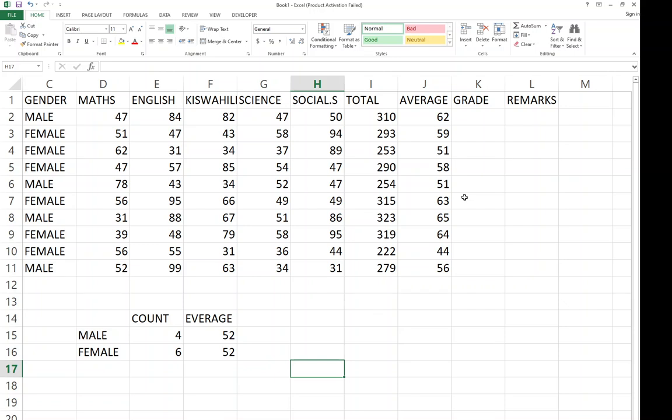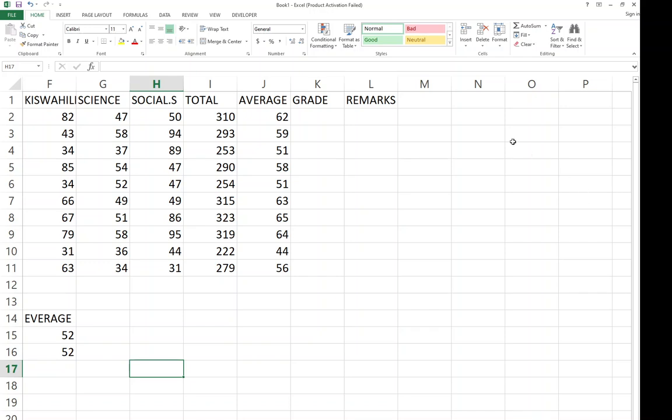Now, let's dive into assigning grades. In this case, I want to get the actual grade for a student. So let me come up with a guide, something that is going to guide me, whereby I'll say, if a student's average is less than 40,